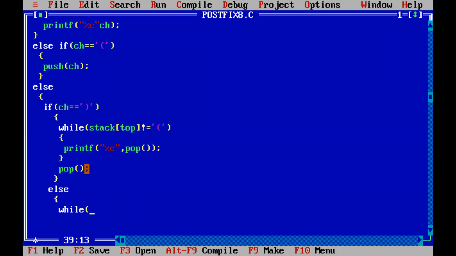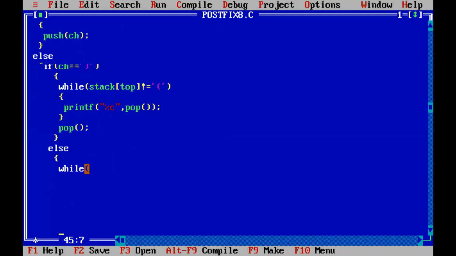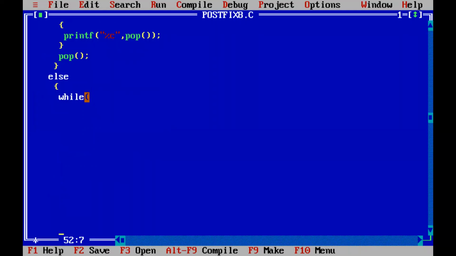So now how to do with the operators? You know that operators, we have to check with the precedence. I showed you in the morning class how to call the precedence function. So the character ch is having the operator. We are calling the function called precede with passing the operator. So if it is plus sign, it will move on to the function and then return 1, right? If it is lesser than or equal to precedence of, we are going to compare the precedence of the operator on top of the stack, right?